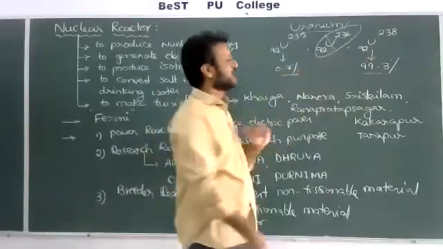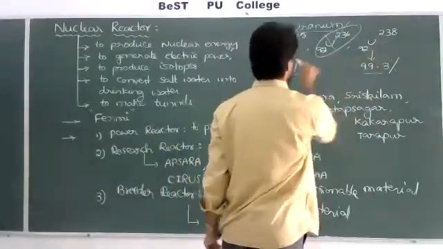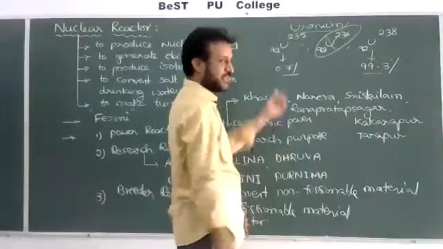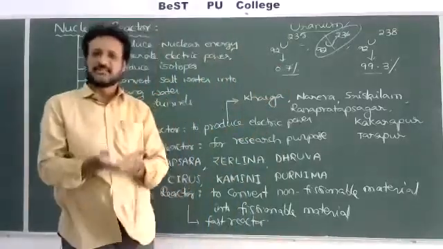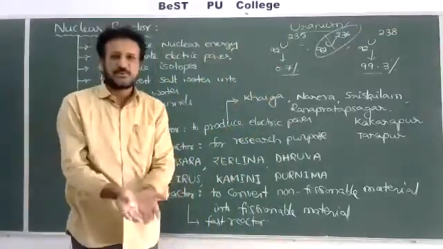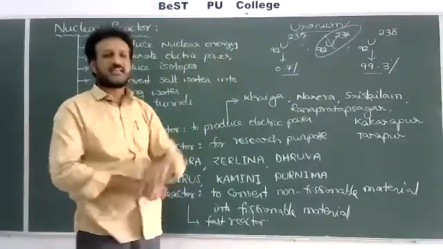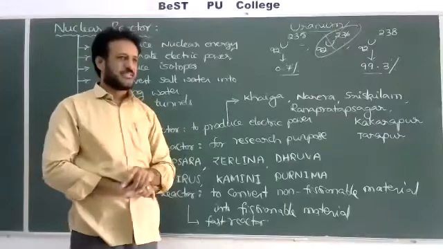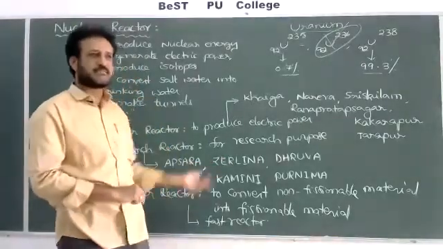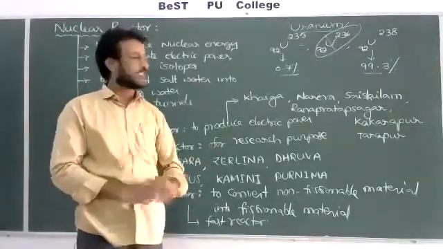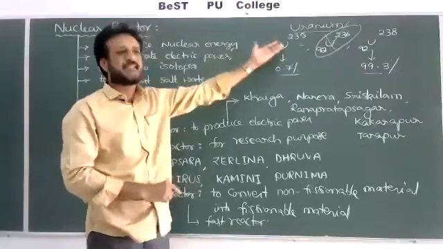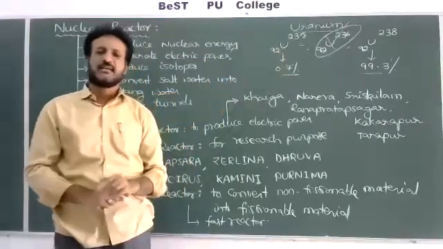So our aim is to increase the uranium 235, whatever is there, 0.7%, from 0.7% up to 3%, if you are able to increase the natural availability. That can be called enriched uranium. So by using breeder reactors or a natural available process, we have to increase the percentage of this fuel, which is called enriched uranium.